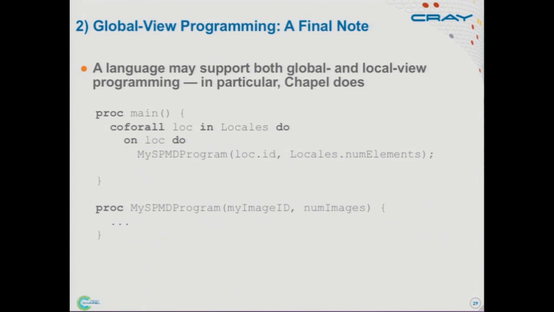And that's a completely valid perspective. So one of the big themes in Chapel is to provide easier ways to do things, provide these global views, but not take away your ability to do things more manually. So for example, if you wanted to write an SPMD program in Chapel, you can do that. And this is a little idiom that would show you how to do it. And again, you'll understand all this code by the end of the talk.